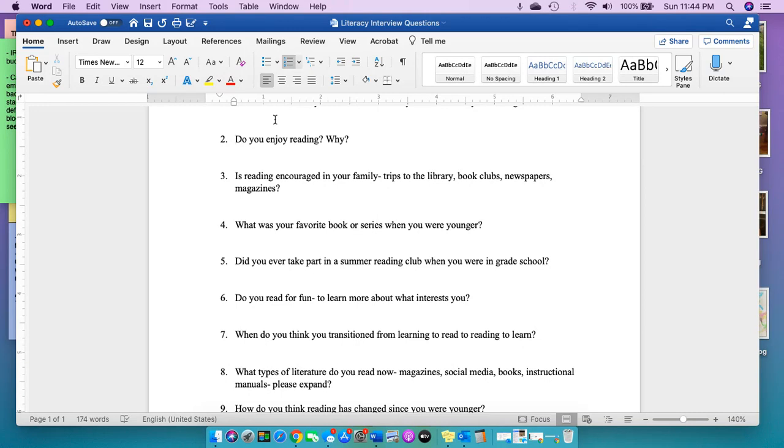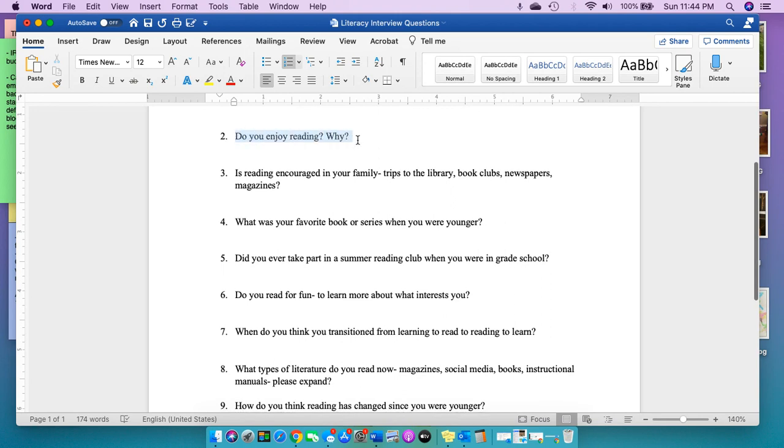So maybe we like reading Twitter on our phone, but we don't like reading a novel. So here I might think about rewriting it, instead of just assuming that everybody likes some sort of reading, to say, what types of reading do you enjoy? So that reframes the question.